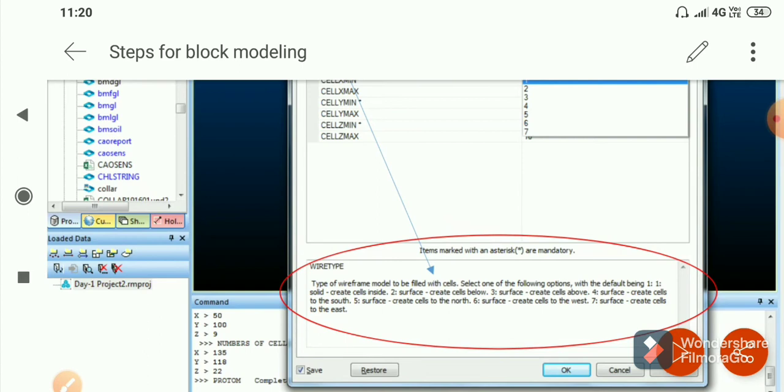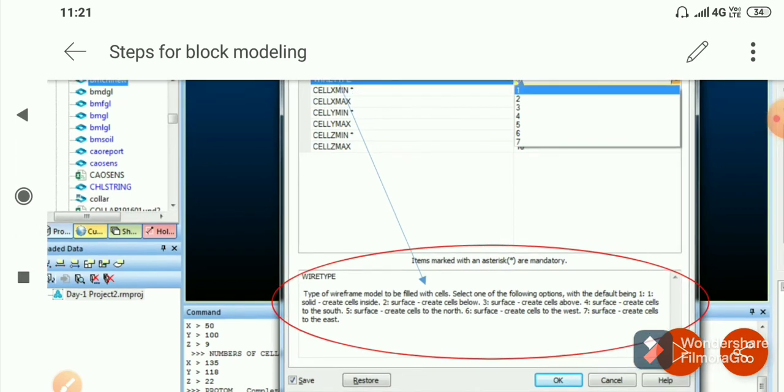Select one of the following options, with the default being 1 for solid, create cells inside; 2 for surface, create cells below; 3 for surface, create cells above; 4 for surface, create cells to the south; 5 for north; 6 for west; 7 for east.